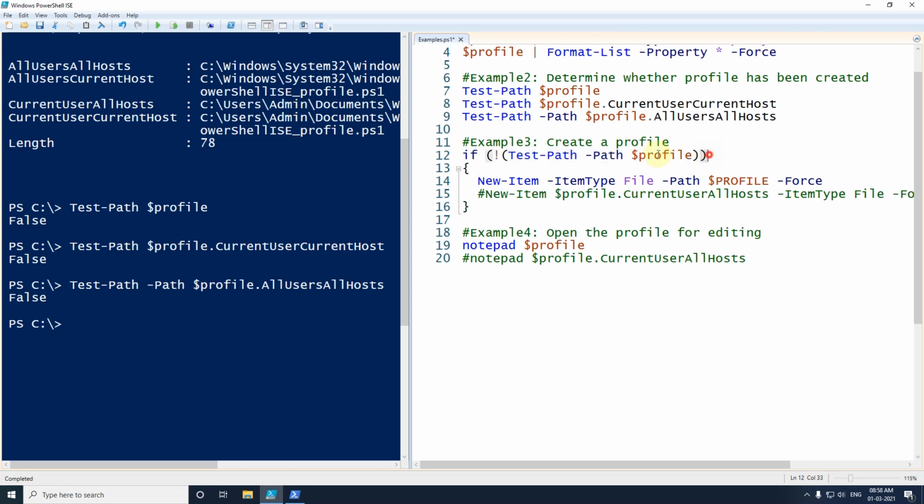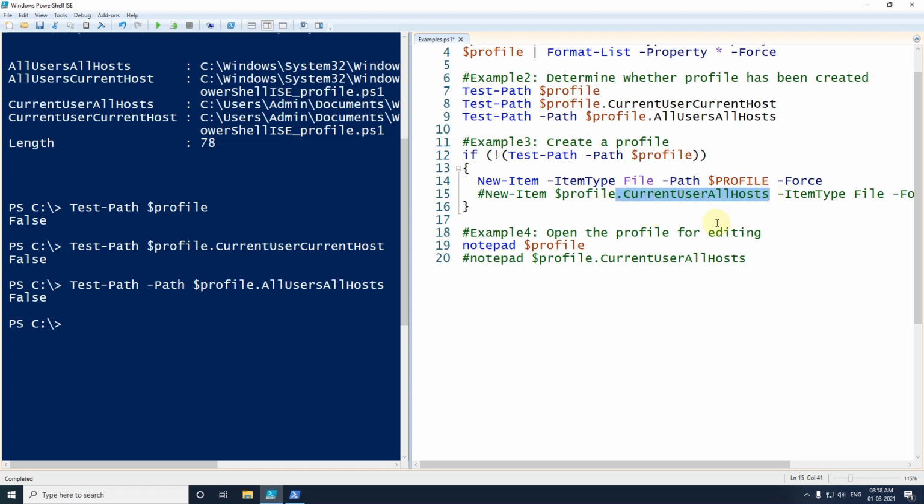If the file is not there, then only this condition will be satisfied and this command will be executed. This command will be New-Item with ItemType File, Path and Force. Currently it will create the current user, current host file, but if you want to create any other file, then you have to use the property like this.